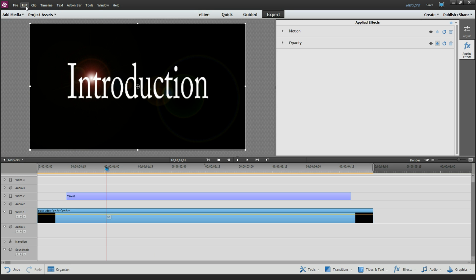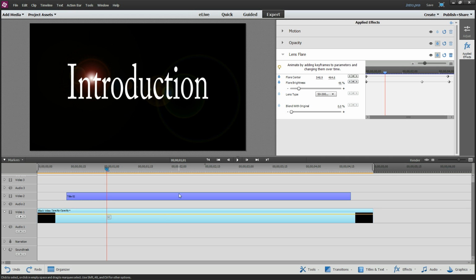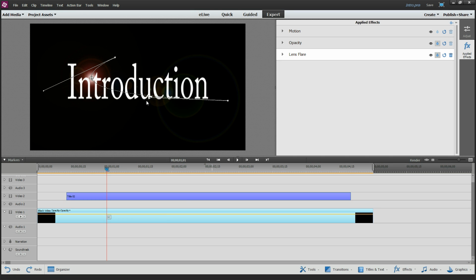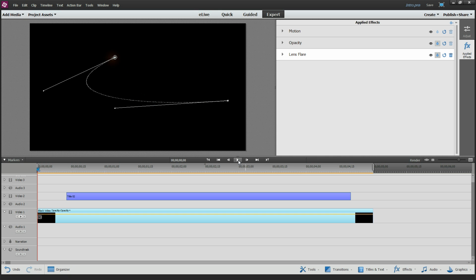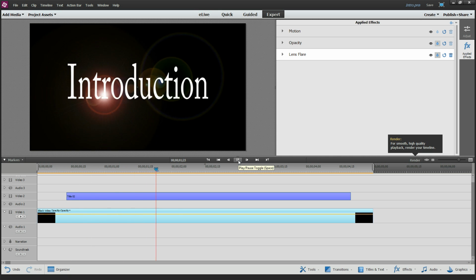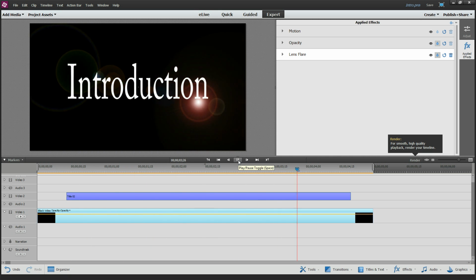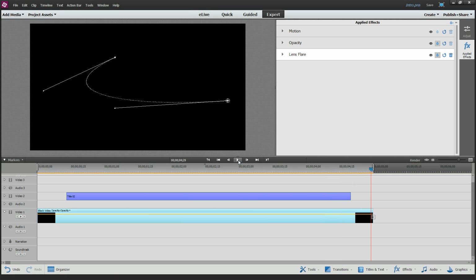Oops, undo that. Sometimes I accidentally grab the wrong thing here and move my screen. So here we go. Let's play this thing and see if it looks any better. All right, a little bit better. We could tweak this thing all day long and get it to do all kinds of neat things, but I think you get the idea on how to adjust the timeline and click this little magic area up here to get your lens flare to show up.